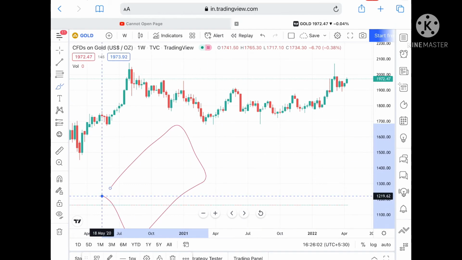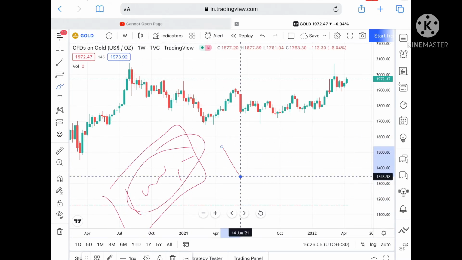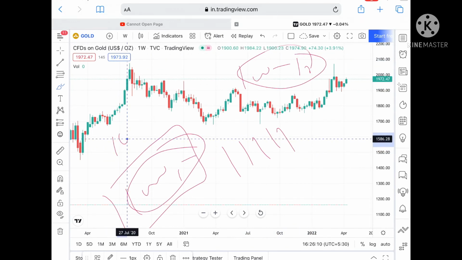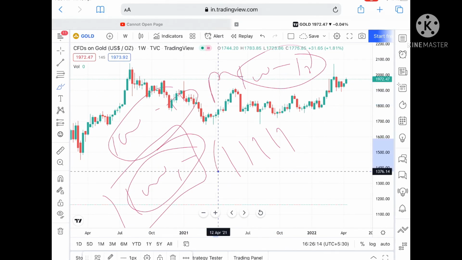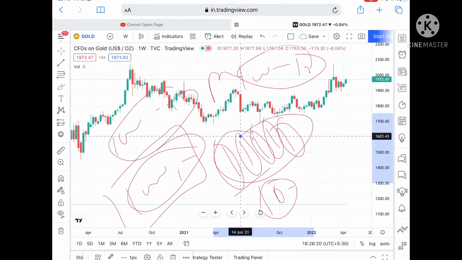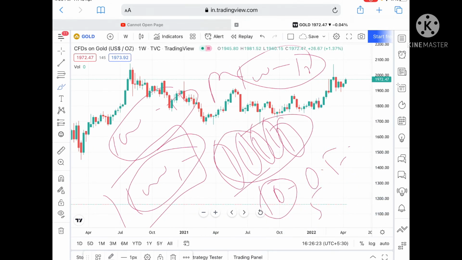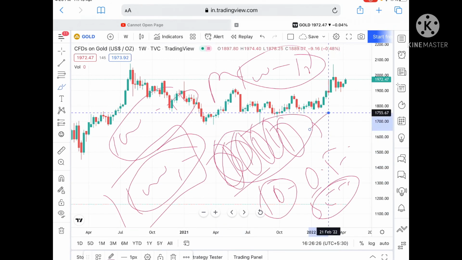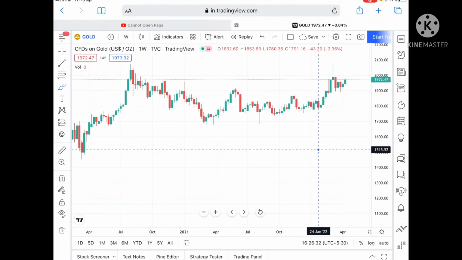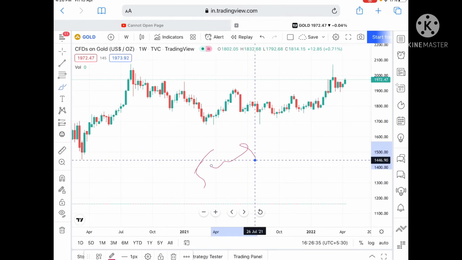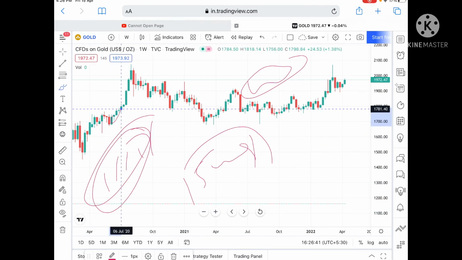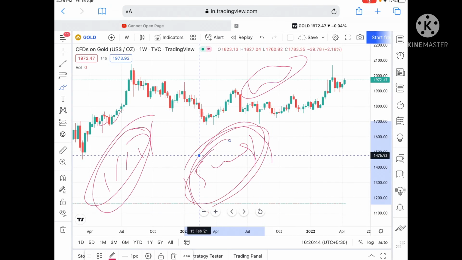Suppose you are trading with $10,000, try to trade with 10 to 15% of your capital, that is around $1,000 to $1,500 per trade. That means if you take 5 trades in a day, you are trading with $1,000 to $1,500 per trade, and risk should be 0.5 to 1%, that is around $50 to $100 per trade. So you know your max risk is $500. If you lose $500 in a day, leave, close the computer and relax for the day.